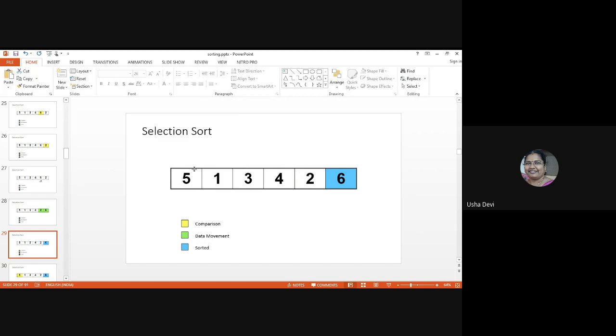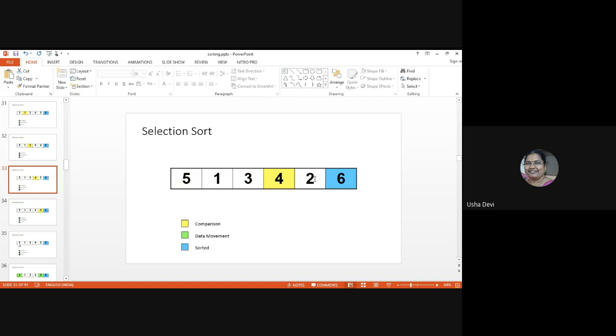Now these are the numbers in the unsorted array, and this is the sorted array. In the second iteration, there are 5 numbers in the unsorted array and only one number in the sorted position. The same thing has to be repeated for the unsorted list. Again start the comparison from the initial number. 1 and 5, which is the highest? 5 is the highest. Again compare it with 3, and again 5 is the highest. Then we compare with 4,